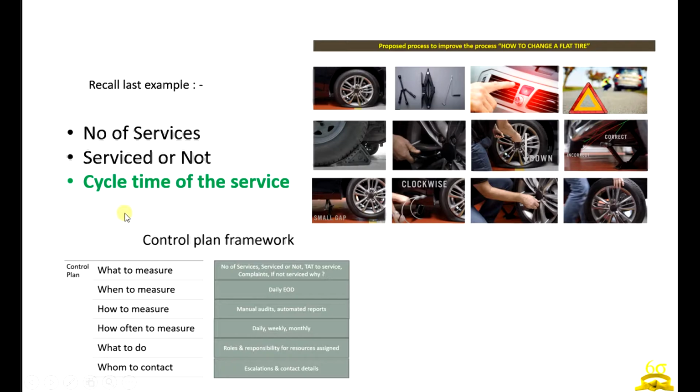Let's assume cycle time was one of the critical requirements for measurements. Cycle time means the time it takes to complete one roadside assistant ticket, right? So the customer has raised something and how long it takes for this organization to complete it. So that we will understand through control charts.